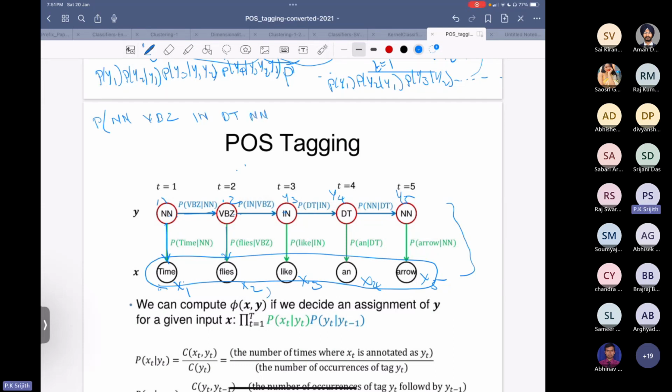That is, the probability that I get this sequence of tags as my prediction outcome given the input: time, flies, like, an, arrow. So I compute this probability according to my hidden Markov model as